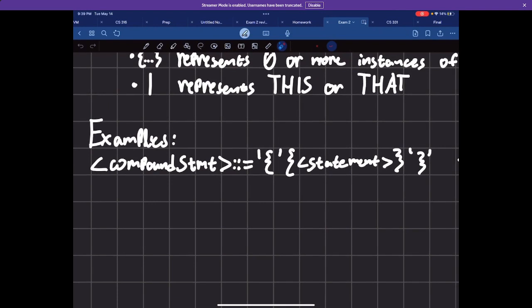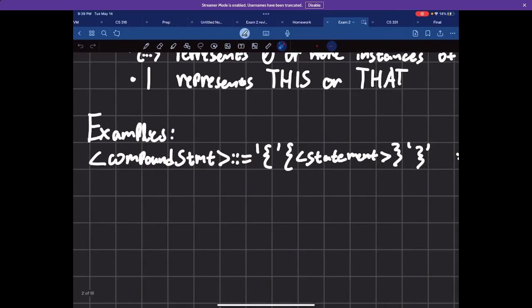Let's say we have this grammar here called compound statement. Okay. And this grammar has 2 tokens, one right here and one right here. And it has a continuous call to a non-terminal called statement. Okay. So the first thing we need to do in this